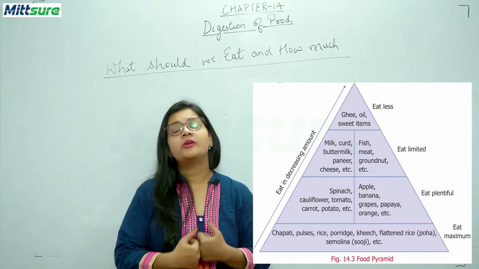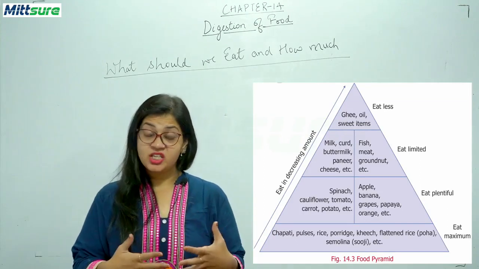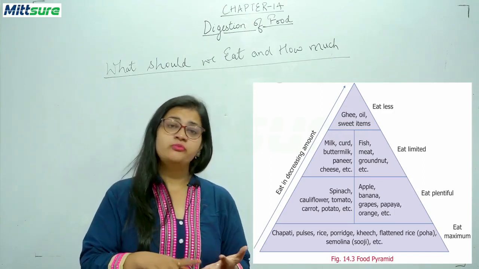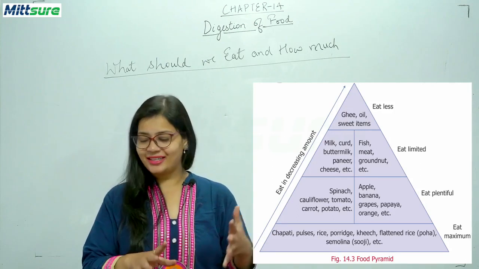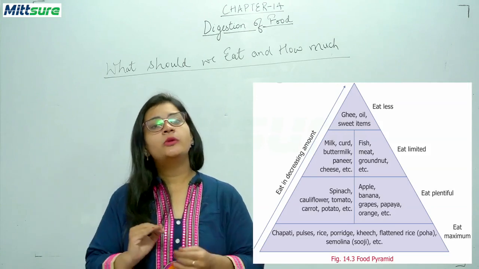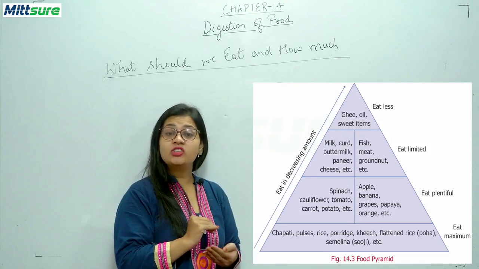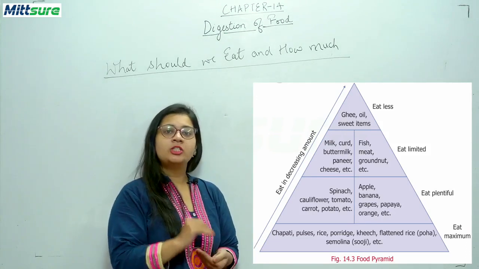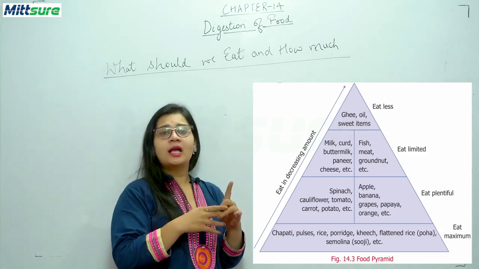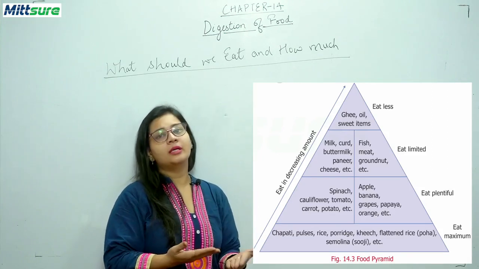Now these dairy products consist of your milk, curd, buttermilk, paneer, cheese, etc. And the other side consists of your fish, meat, groundnuts, etc. This stage should be eaten in limited quantity. बहुत limited quantity में eat करना चाहिए. It's not necessary कि आप 6 glass दूध पिएं रोजाना. It's only necessary that you drink 1 glass of milk daily in the evening and in the morning,